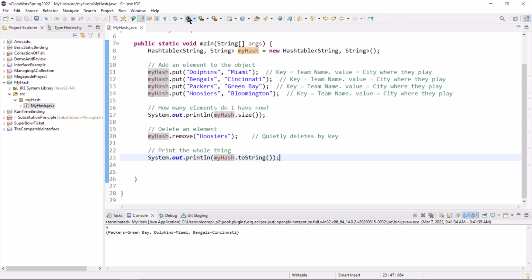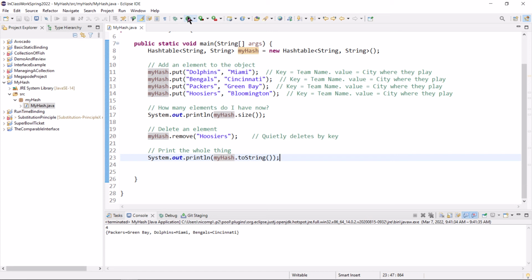Inside curly braces are all the elements of the hash table in key value pairs separated by commas. Packers equal Green Bay, Dolphins equal Miami, Bengals equal Cincinnati. Key equals value. Notice the order of those things is not the order I put them in.